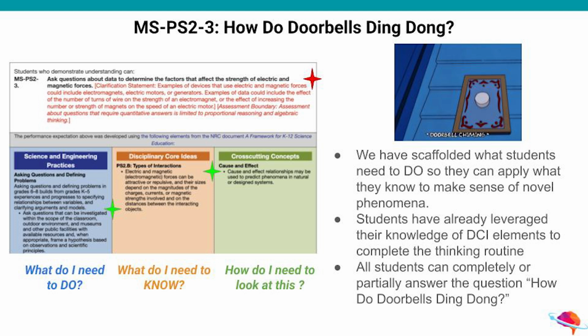They've had to incorporate what they know to come up with that good question or define that problem by the end. And lastly, all students can completely or partially answer the question, how do doorbells ding dong, by the end of this, right? Even though that's not the goal, they should be able to, based on their understanding of the SEP through the thinking routine and applying their DCI knowledge to that.